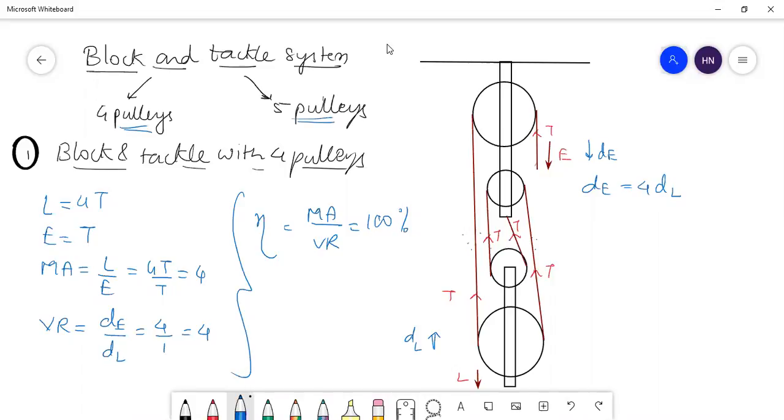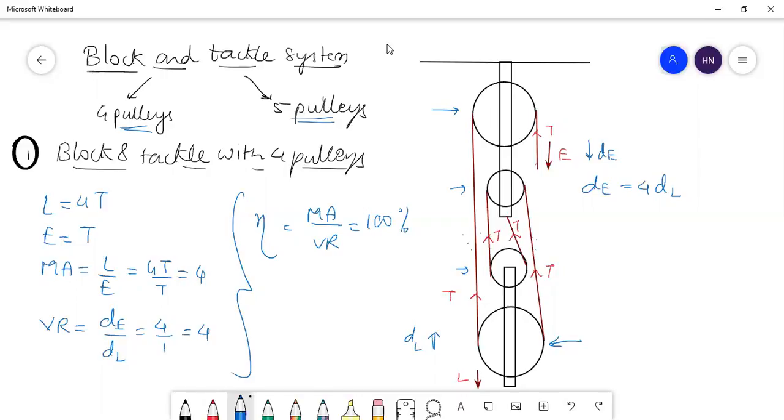Now in the exam, they will either tell you to make the diagram and get the value of mechanical advantage and velocity ratio, or the diagram will be given and they will tell you to connect the strings over it. So this is how you need to do it for 4 pulleys. The first pulley and the second pulley should be the same size. Then for the next 2 pulleys, the radius will be less. While connecting, always move in an anti-clockwise sense from the top pulley, and then go on connecting the subsequent pulleys from alternate frames.